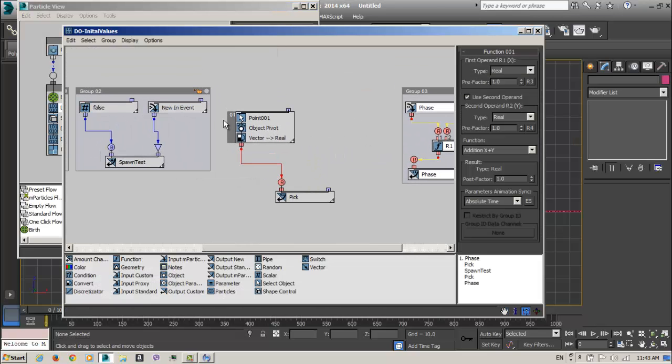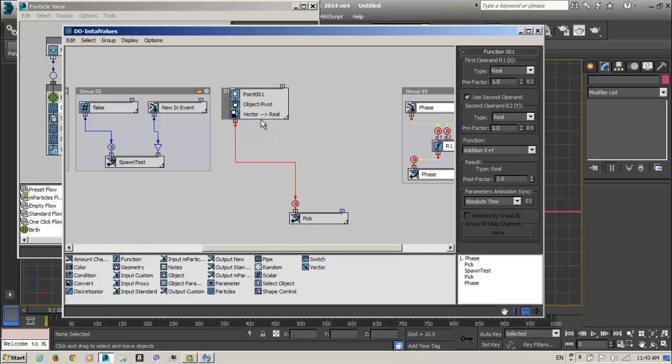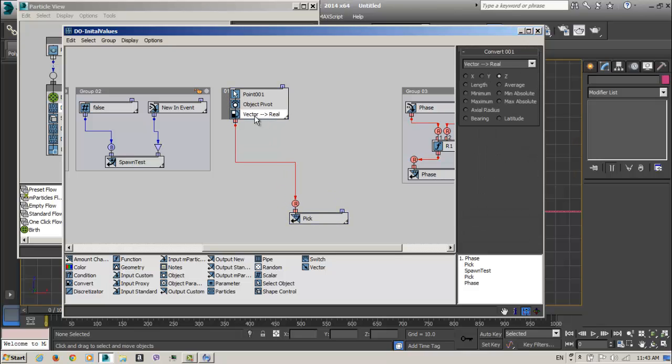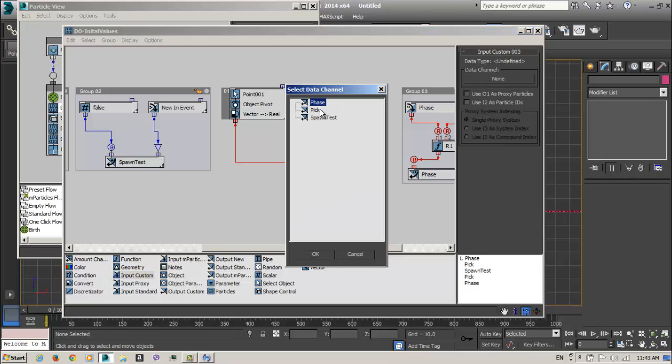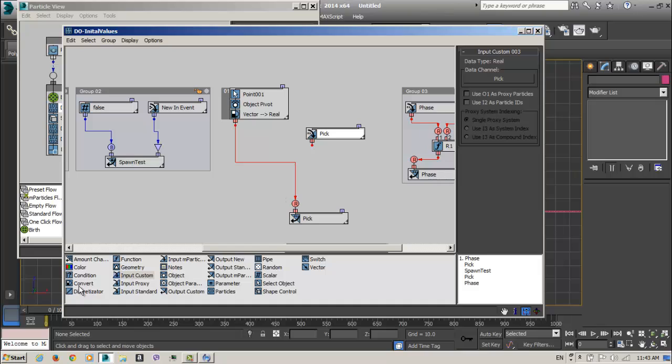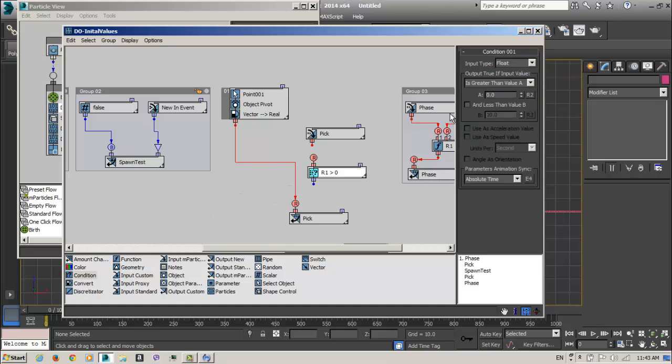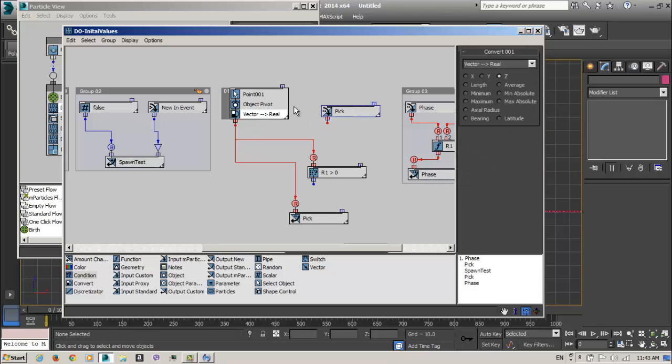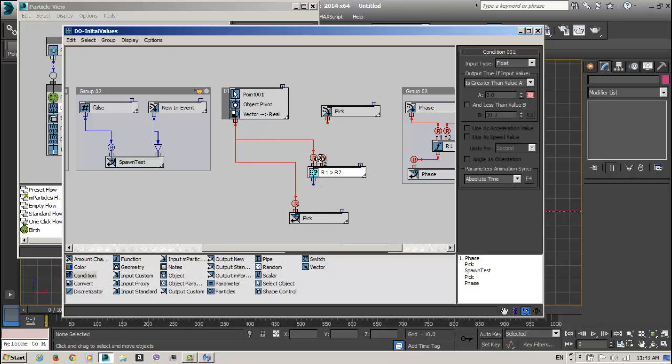We will get the z position here, and say pick, another input custom, and we will have our pick, and say okay, condition: if our current z value is greater than peak, so if it just indicates that it's greater, then do this.